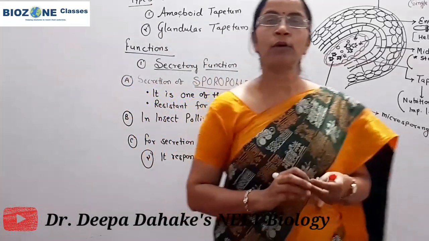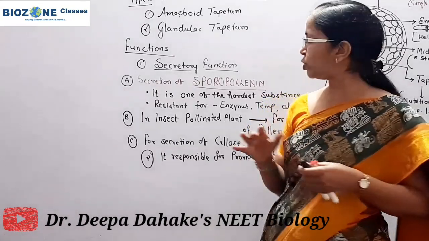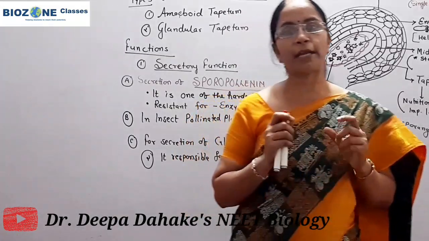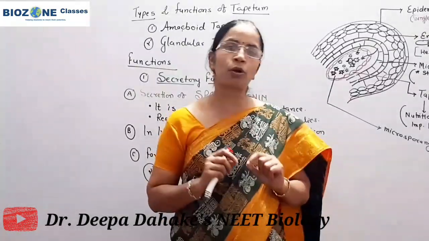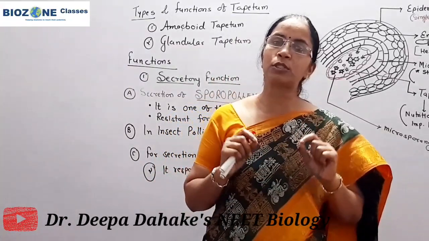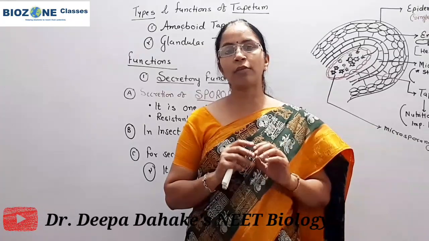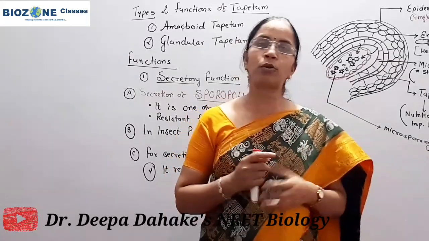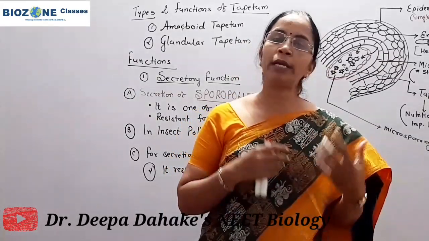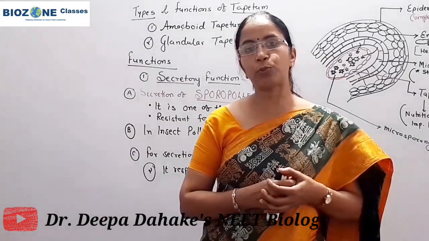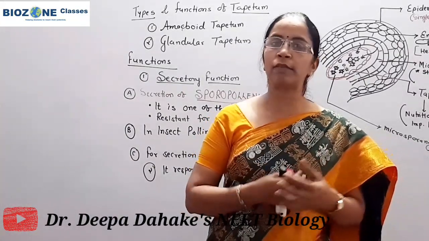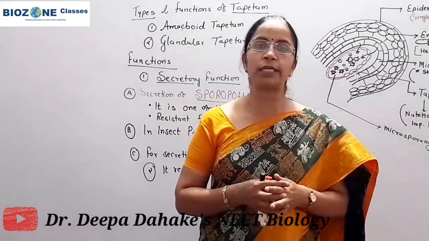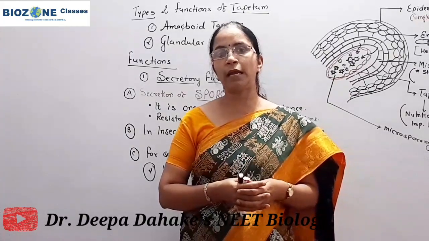So this much you remember for the structure of anther. We discussed the microsporangium. In the Androecium, the second part is the microsporangium, but in the structure of Androecium we basically discuss only the anther wall and its four layers. How the microsporangium develops and how it is responsible for microsporogenesis, we will discuss in our next session, when we study microsporogenesis and the development of the male gametophyte.